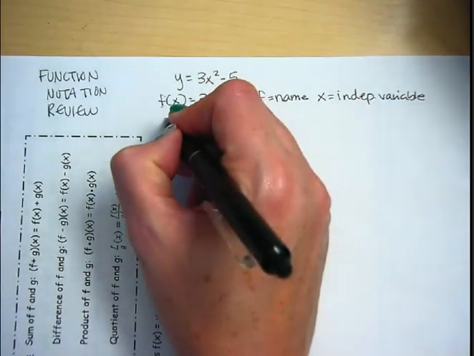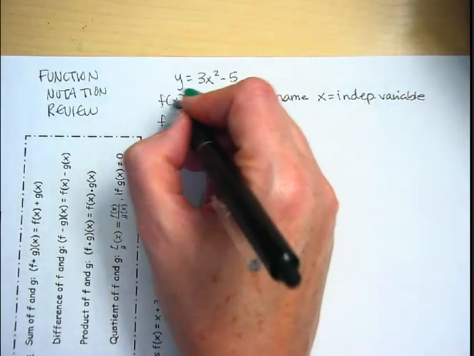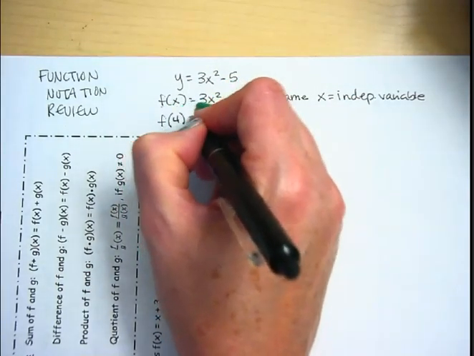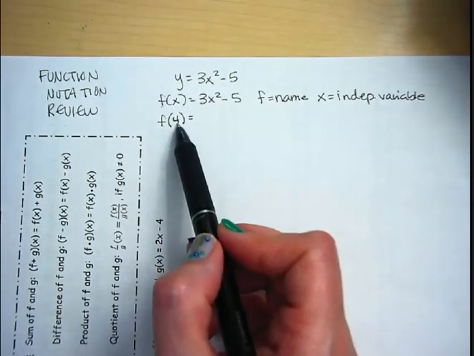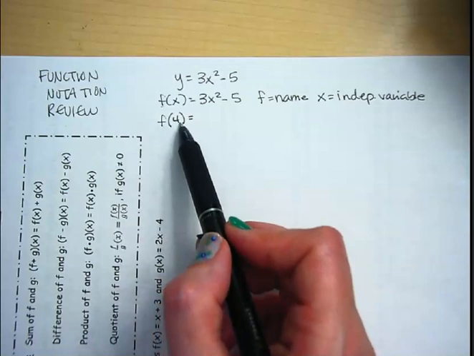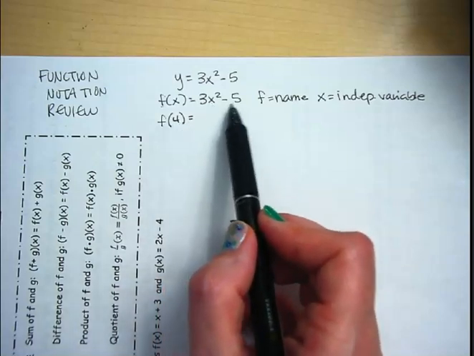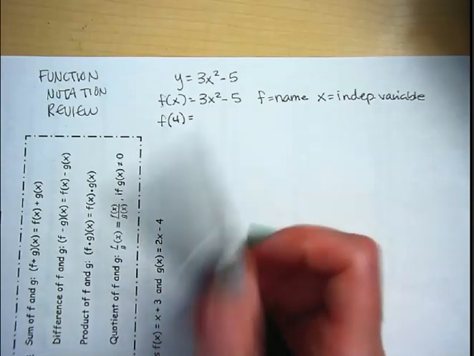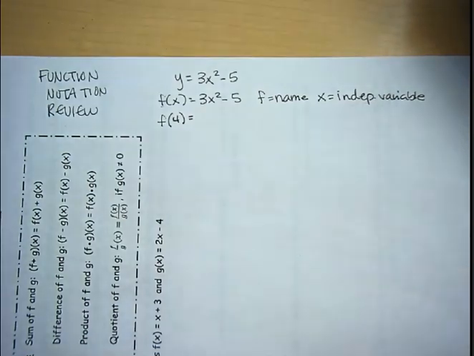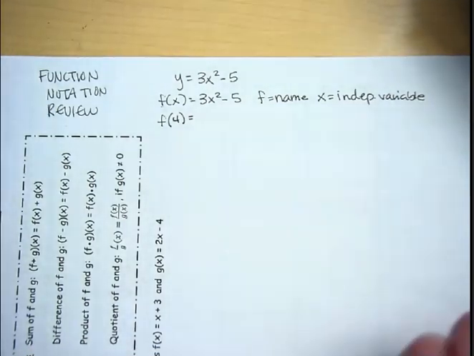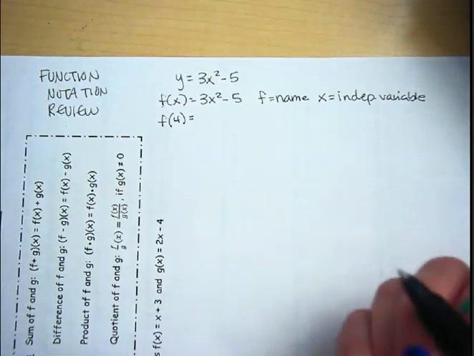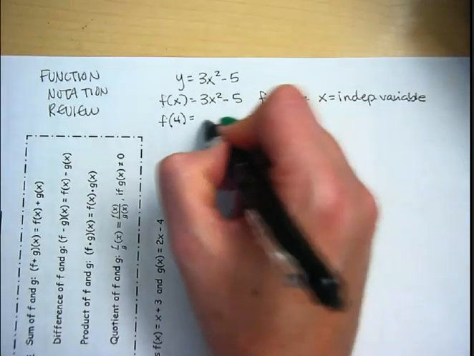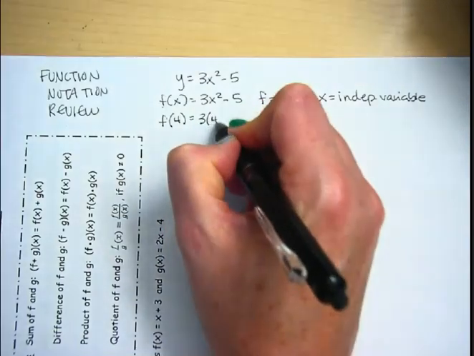Then this right here, if I switch from f of x to f of 4, this is telling me that x now equals 4, and I'm going to substitute 4 for every x that I see in my equation. We're going to plug it in and then simplify, and that's called evaluating a function, finding the value at a particular input, or 4. So I'm going to plug 4 in for my x,